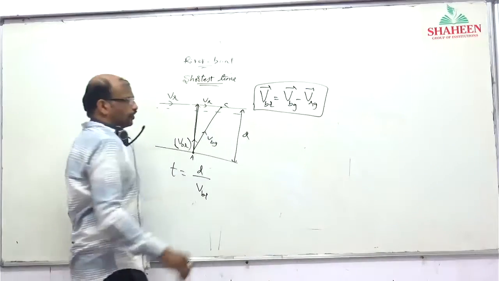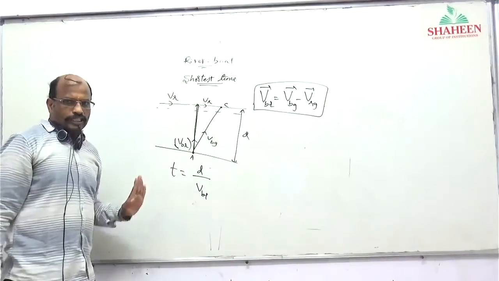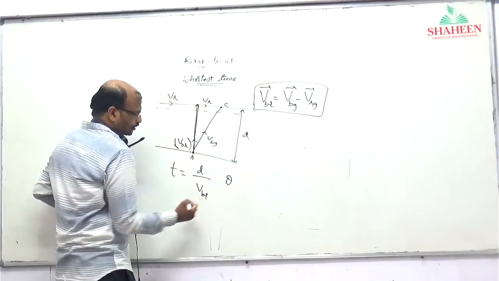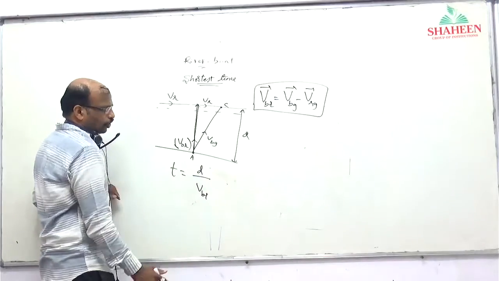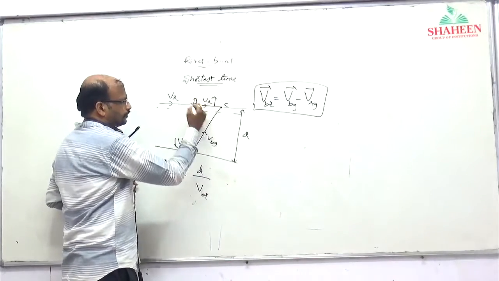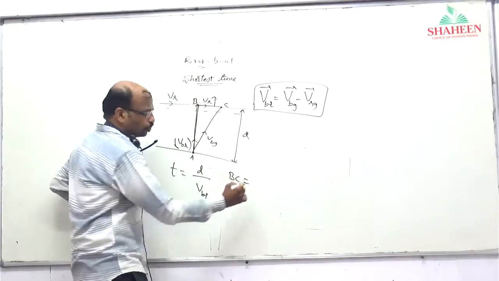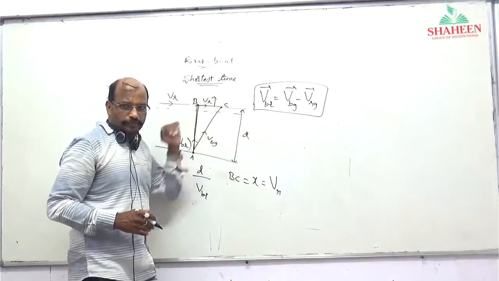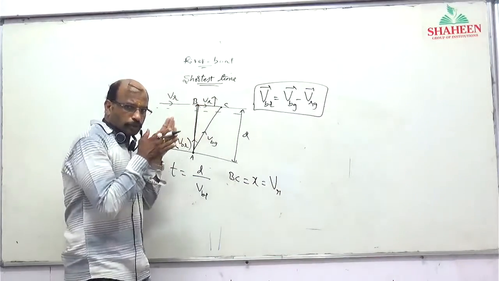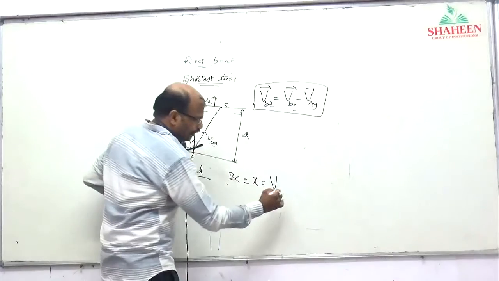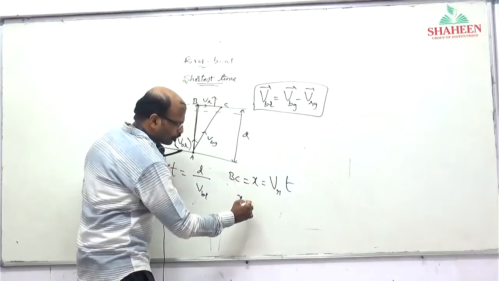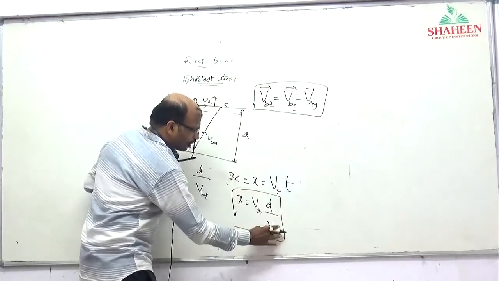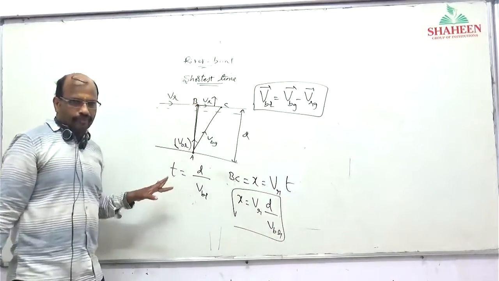Yesterday's concept, relative velocity concept. So VBR, boat is rowing in perpendicular direction to the river flow. This is time taken in shortest time. Time taken expression we got. Here, horizontal displacement BC is caused due to horizontal river flow only. Because of river push only, it is making horizontal displacement BC. That river velocity into time taken, that is x equal to VR into d by VBR. This is the expression for horizontal displacement in shortest time. This is the vector diagram here.